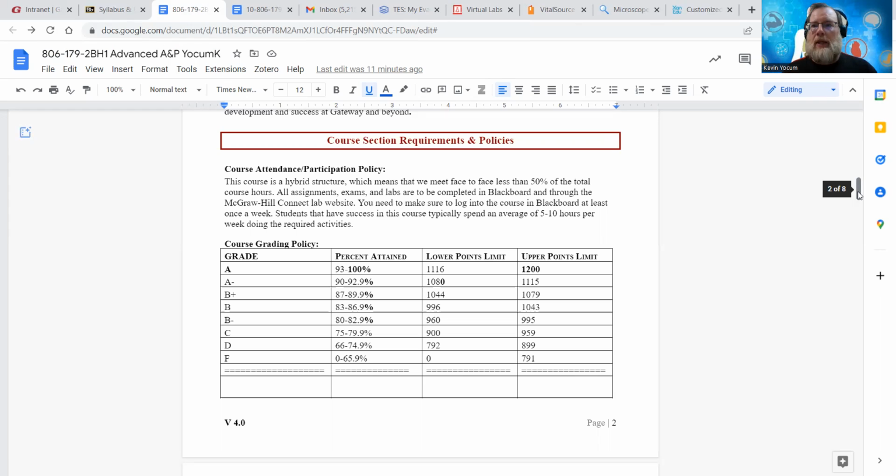So if I see that you haven't logged in for 10 days or a couple of weeks, I'm going to reach out and make sure everything's going okay. Now, having said that, I don't drop students due to attendance, except in that first week to 10 days. So really the first 10 days are the most crucial as far as I'm concerned with your attendance.